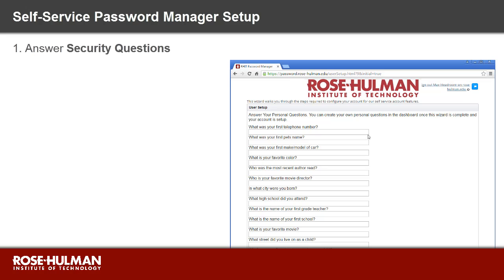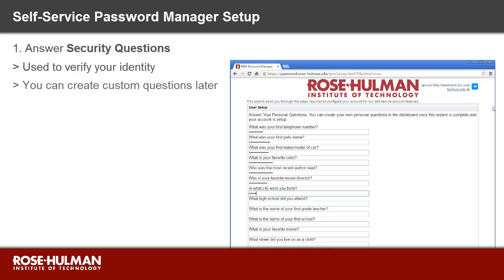Now it's time to set up your personal security questions. A combination of these questions are used to verify your identity if you forget your password. While you can make up any answer for these questions, be sure to provide answers you can remember later if you need to reset your password. You will be able to create your own custom personal questions at a later time once you've completed the initial